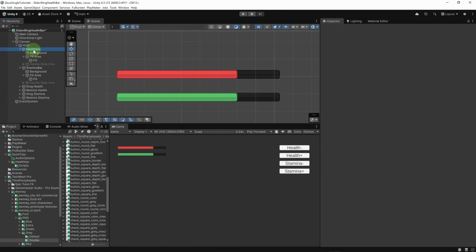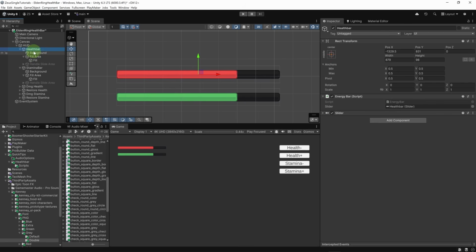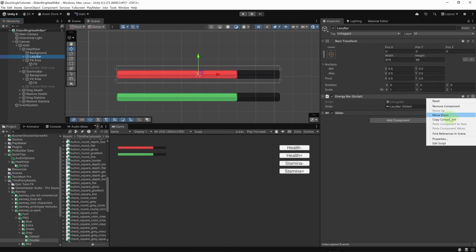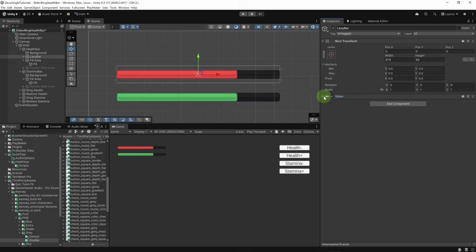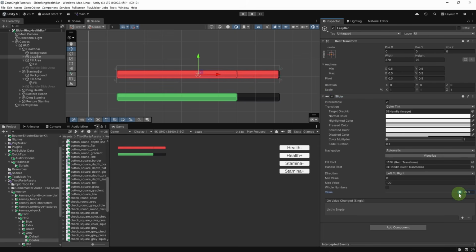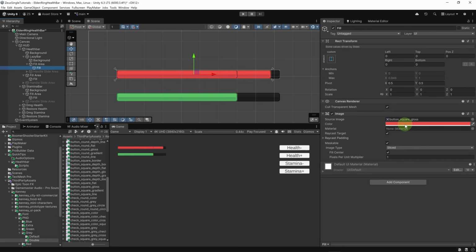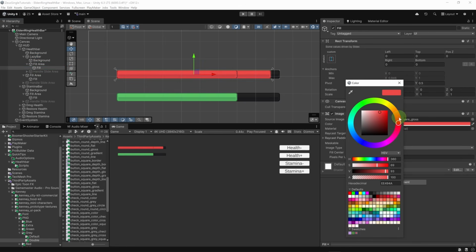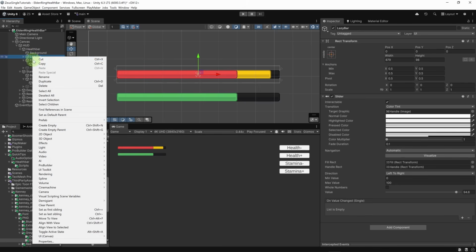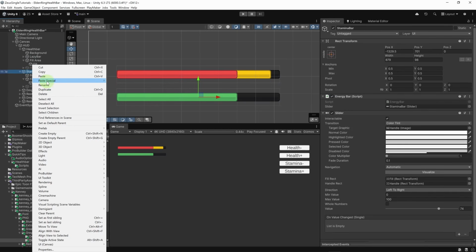Now what I'm going to do is on my health bar, I'm just going to click on it, then hit Control D to duplicate it. And let's put this inside of the health bar, and let's rename it to lazy bar. And I'm going to remove the energy bar script and just keep the slider. Okay, let's change the value here, and let's go to the fill of the lazy bar. So let's go to fill here, and let's change the color. We want something more flashy, more bright, and more saturated. So let's pick this yellowish orangey color,